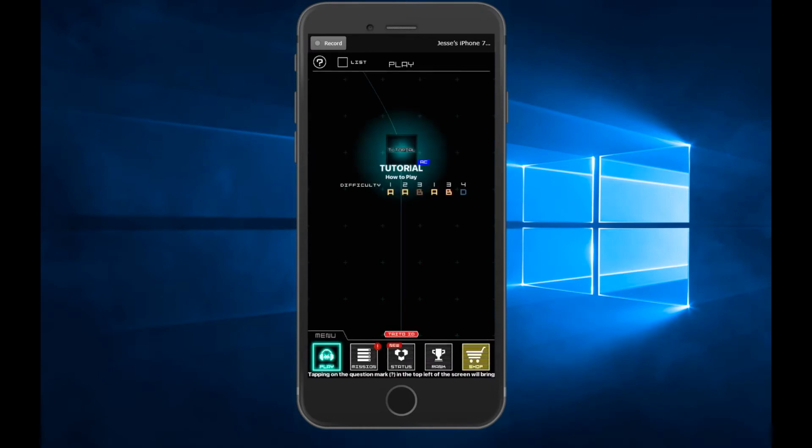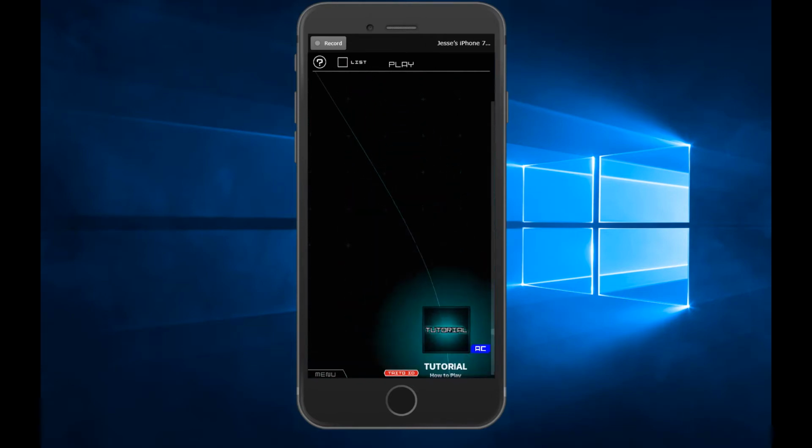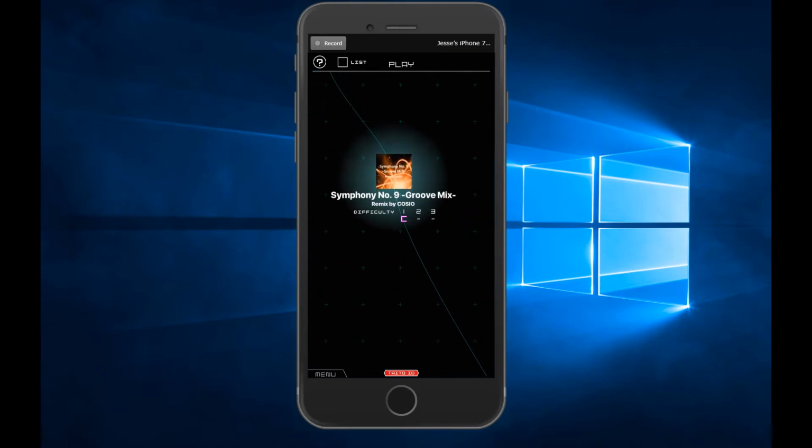So look at those difficulty levels. Those are kind of what you have to look forward to. This is a mark of a good game, I think, where you take something really simple. You've got this line, and you tap and hold and do simple gestures, but they get so much mileage out of that. So let's check out a real song.